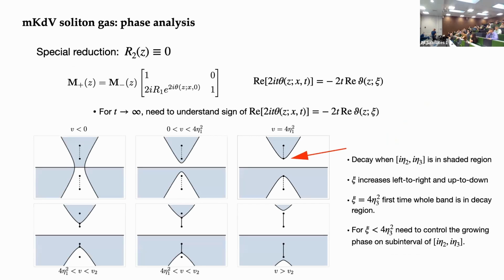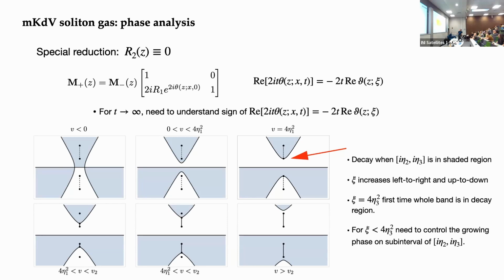Okay, so I'm going to skip this slide. This is just about this. So this is a little bit later with what Denise was talking about earlier. So all the Riemann-Hilbert analysis is just driven by, you need to understand the sign of this phase function. There should be a t there, not a 0. But basically what's going on, when you're at slow velocities, the entire band is decaying. So you can just replace this with 0, you get nothing. And as you evolve, the zero growth curve hits the bottom of the band. And as soon as that happens and it starts to move past, then you have to modulate something and you have to have